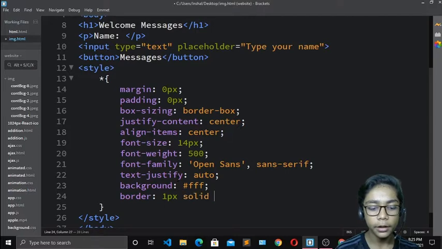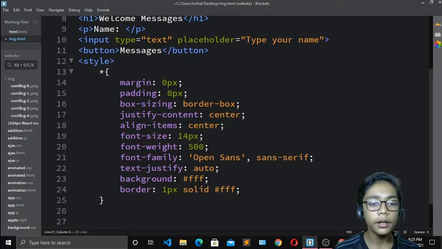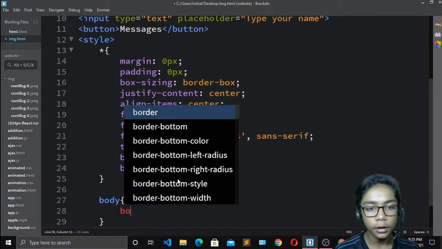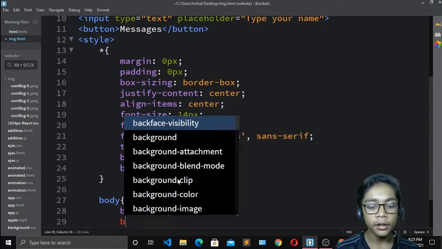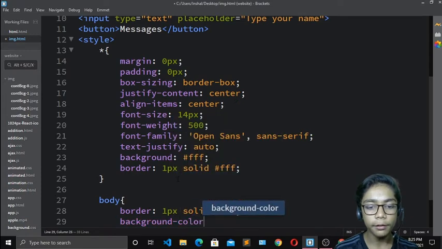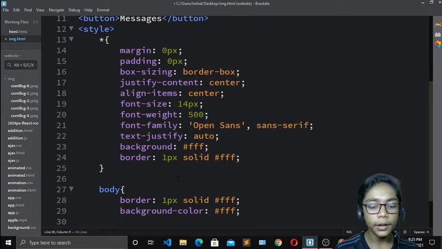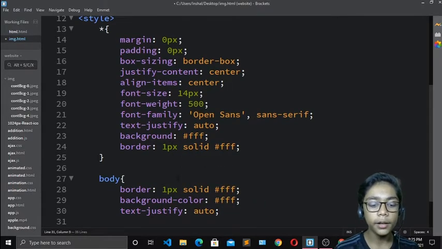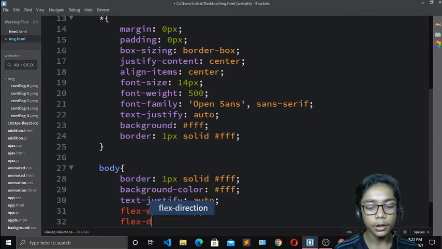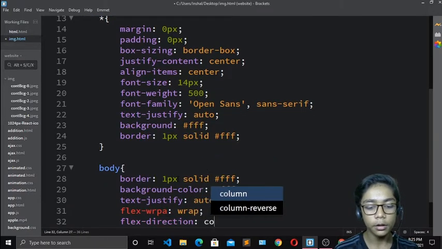Now write body, which will have a border of one pixel solid white. Then write the background color which should be white. Now write text-justify which should be auto. Then write flex-wrap which should be wrap, and flex-direction which should be column.